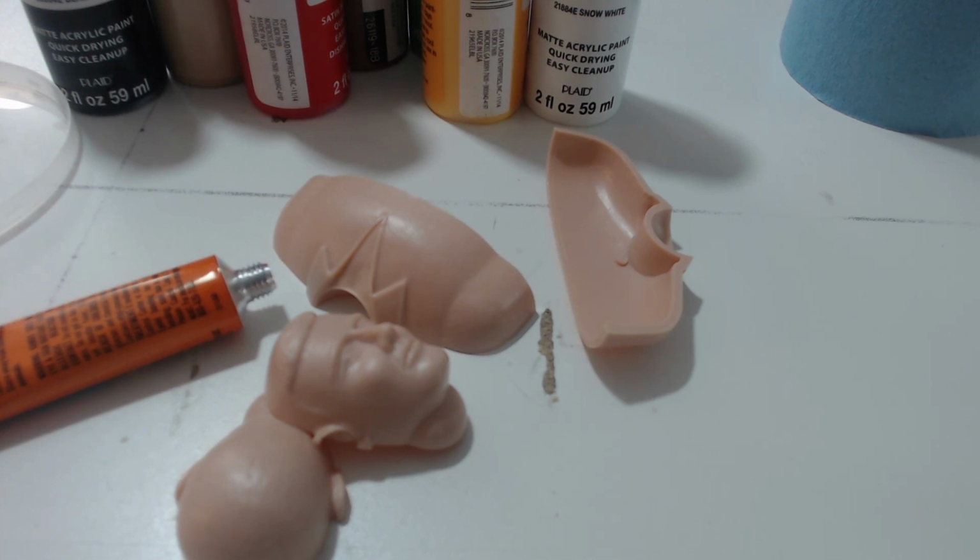Something about a dowel. Oh, link to this, or we're not going to do that. Okay,